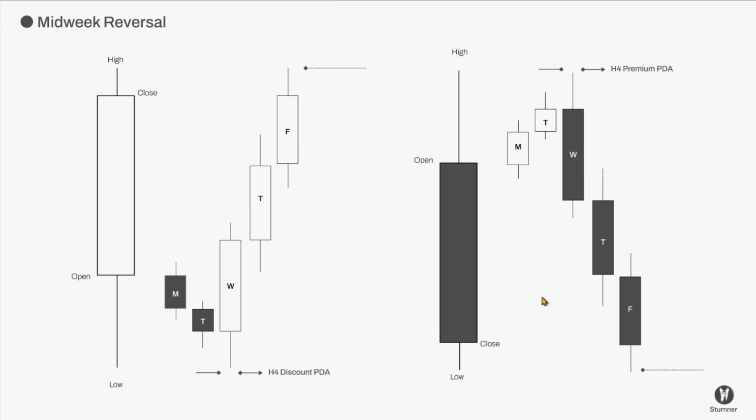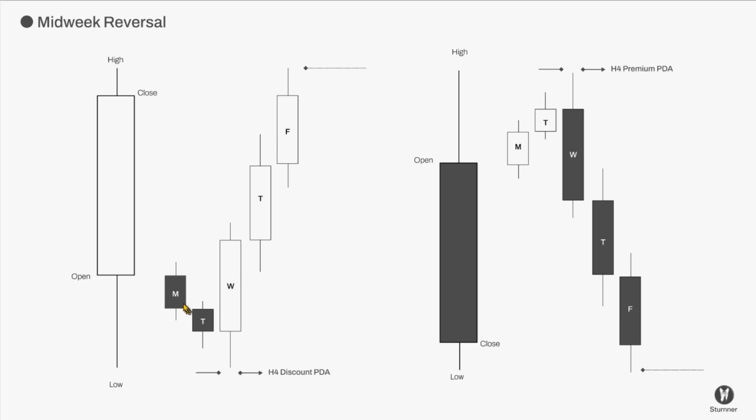A midweek reversal profile is a weekly market pattern where price establishes its true direction around Wednesday after moving against that direction earlier in the week. In this profile, the early part of the week creates the setup, while the later part of the week provides the trading opportunity. In a bullish scenario, the market typically forms the weekly low on Wednesday